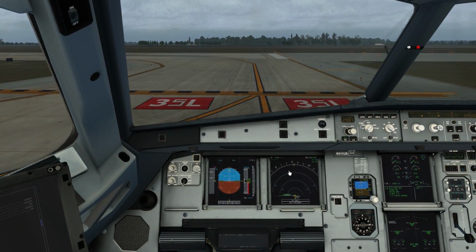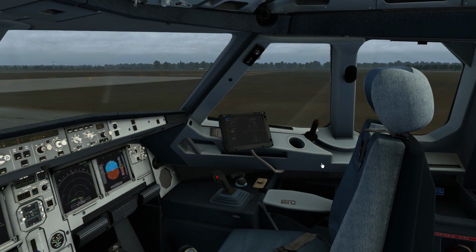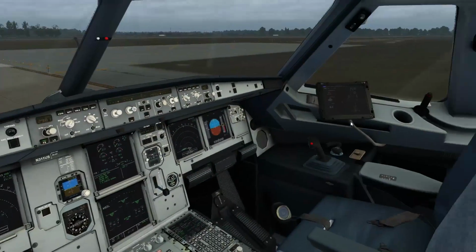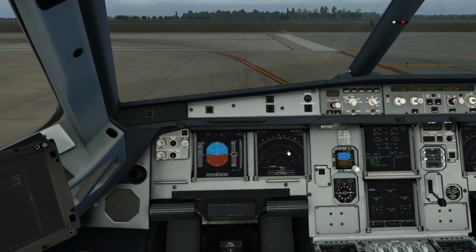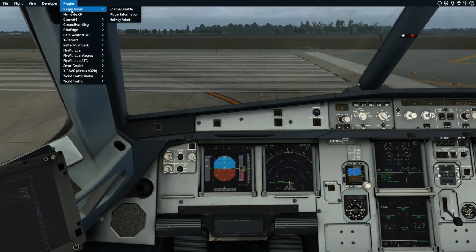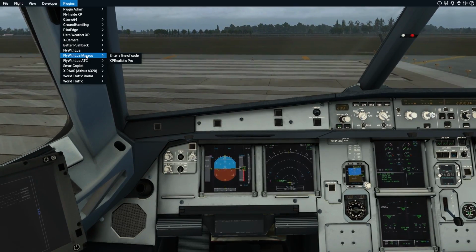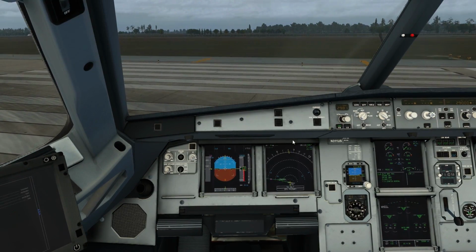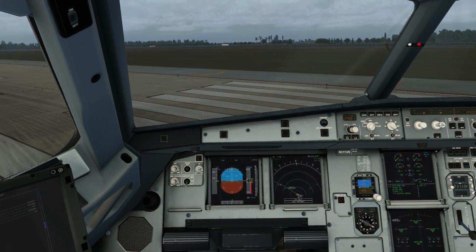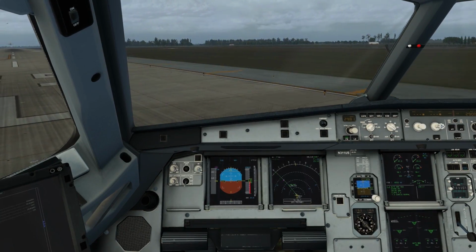And we have XRAS as well. You'll hear her say, approaching, and so on. If it's working. Doesn't look like it's working. Oh, somebody just insta-popped on the runway. That's approaching, good. 35 left. There it is. I use a plugin called XP Realistic Pro. This one right there. That's how I get all the head shakes and the landing effects and stuff like that. It's really cool. Okay, lining up on 35 left, and she'll tell us when we're on runway 35 left,